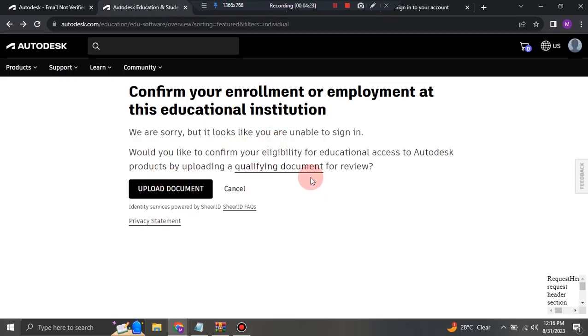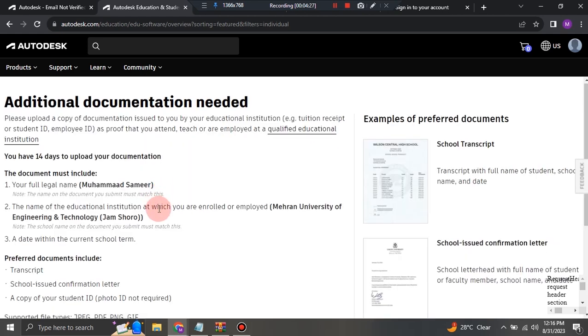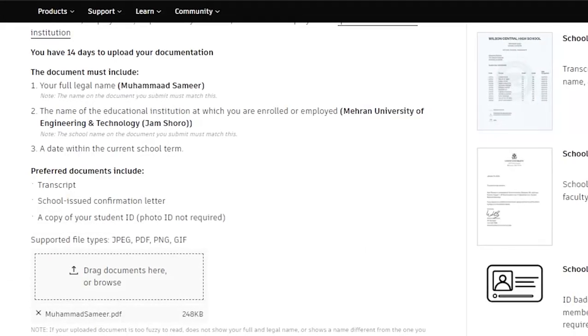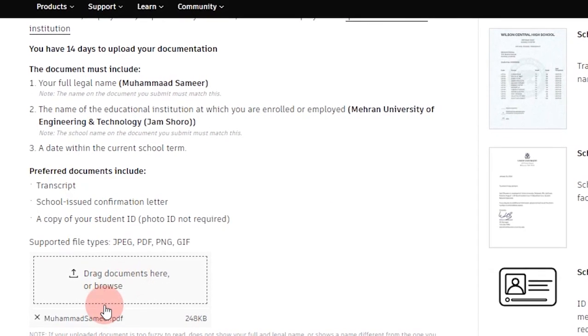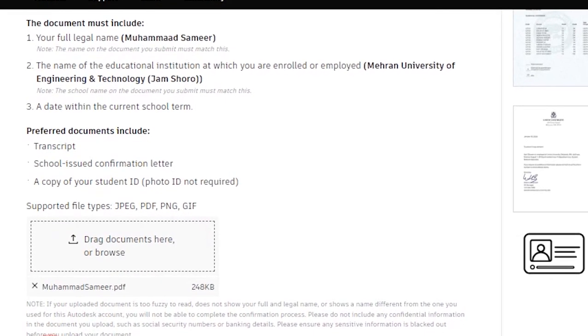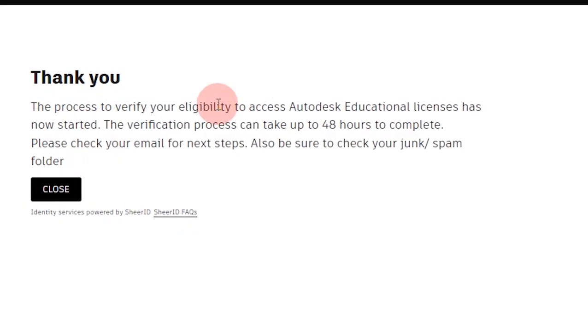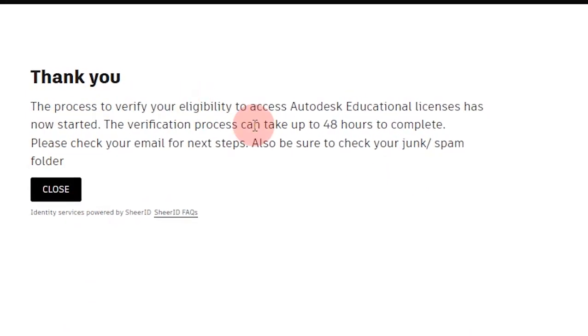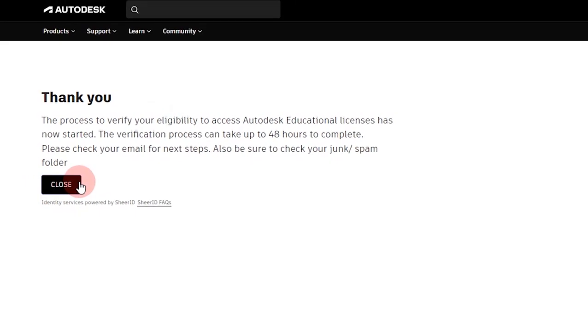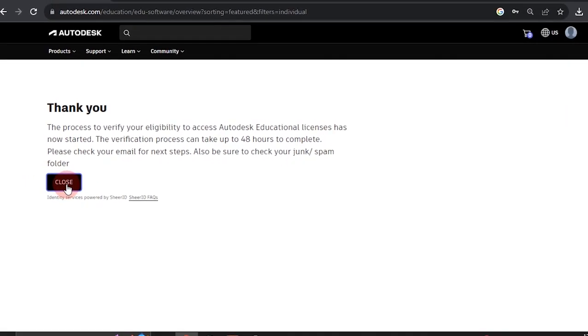On the previous tab, you will find options such as upload document. So click on upload document and upload your ID card front and back. Make a PDF of it and upload it. So after you have uploaded your ID card, you need to click on submit, and then you will receive a message that your verification will be confirmed within 48 hours. So from my experience, if you have provided correct Gmail and correct ID card, it won't take